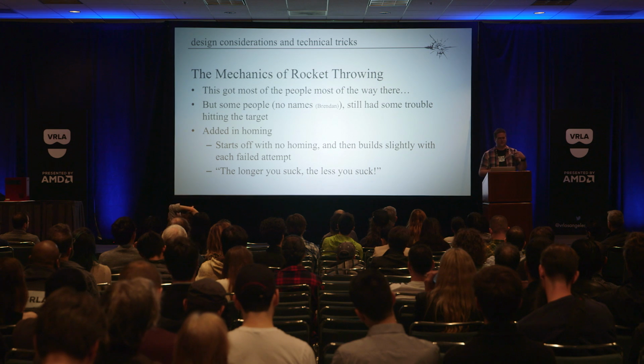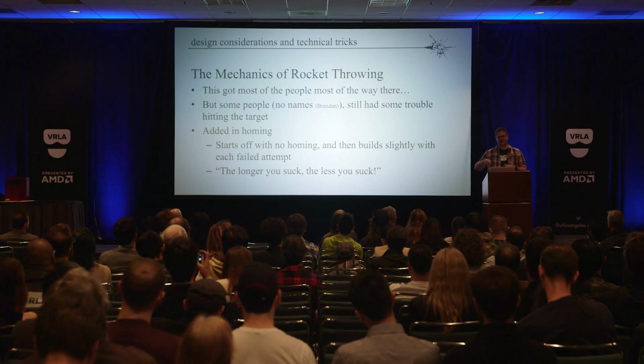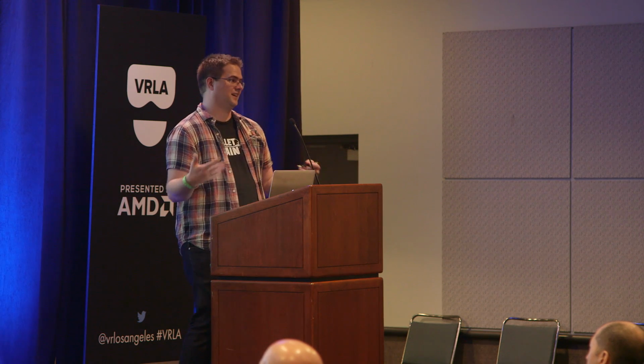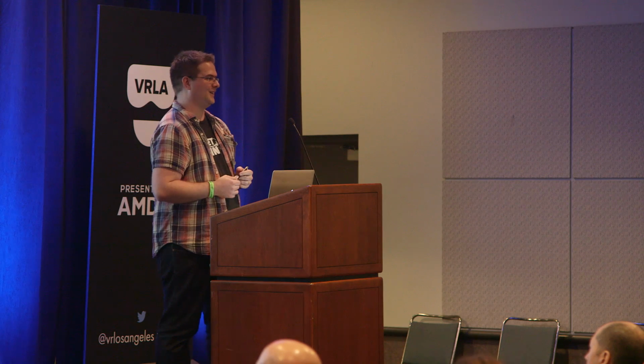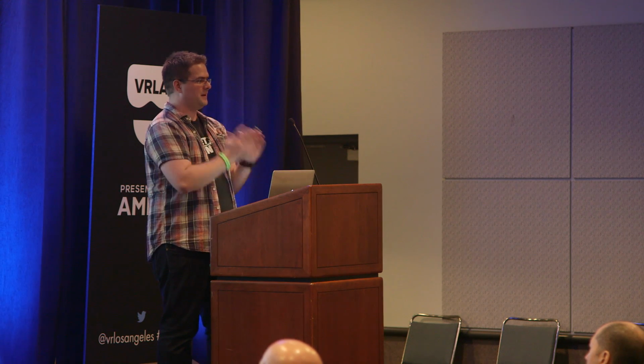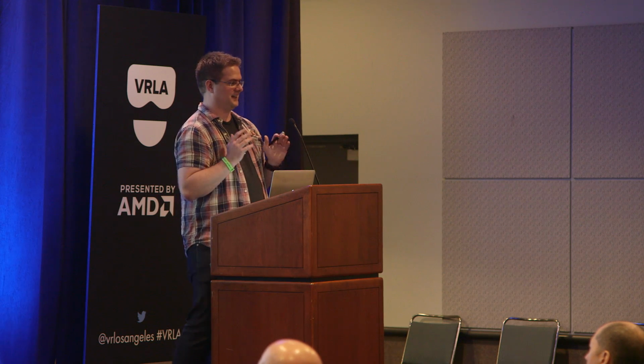So what we did is we started off with no homing, and then every time you fail to hit the boss, it adds about 10% on there. So the first one goes straight, the second one goes mostly straight, and then it starts going up from there. And by the time you're about 45 seconds in, which feels like a long time in the game, it'll come back around and hook and hit the guy in the back. So it's very, very hard to lose the last boss battle. But the key, again, was giving people the expectation at the beginning that they're doing things exactly themselves and then making them feel like they got better as they went on.